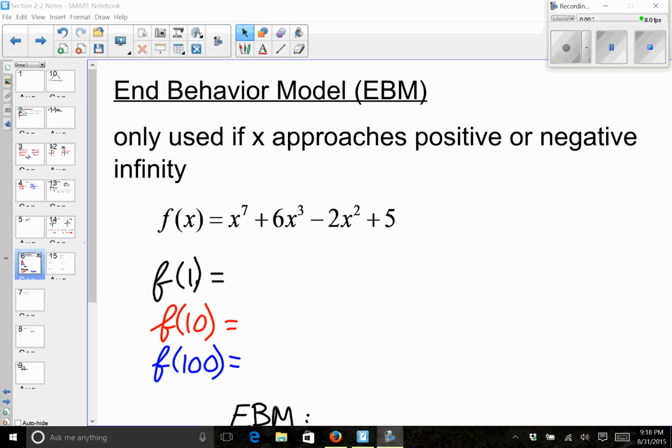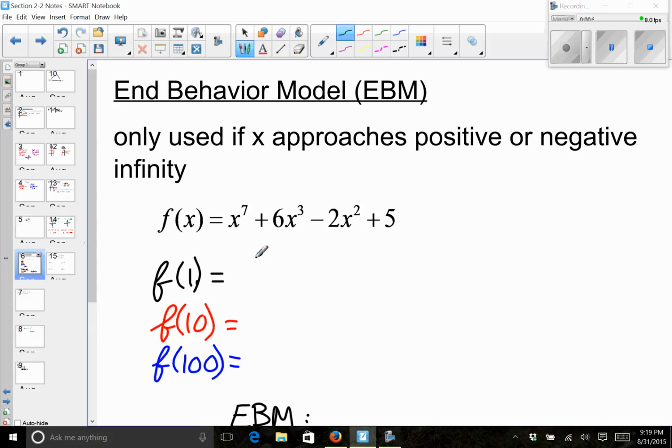And the idea of this is we only use end behavior models, or EBMs, as x is approaching positive or negative infinity. And if x is approaching anything else, we cannot use these. So specifically, these are used only for horizontal asymptotes. And the idea is when we look at a function, what term of the function takes over as x gets bigger? So for example, if I have this 7th degree polynomial,